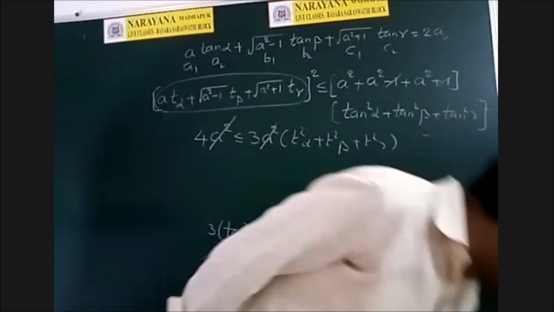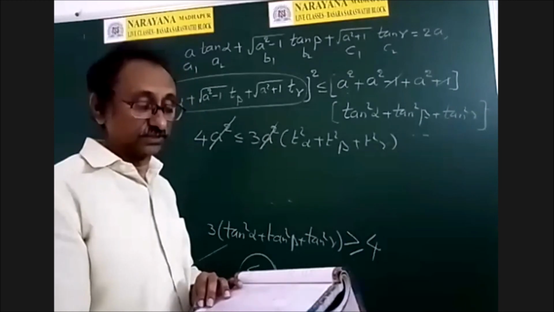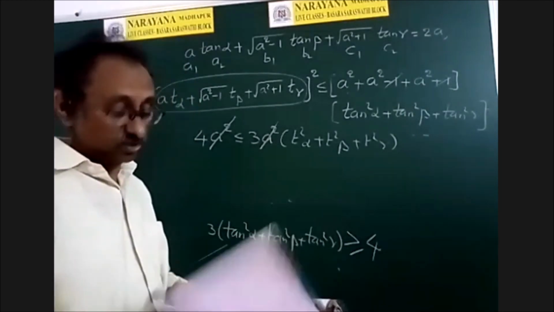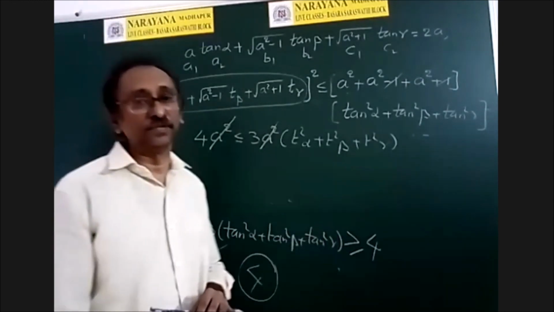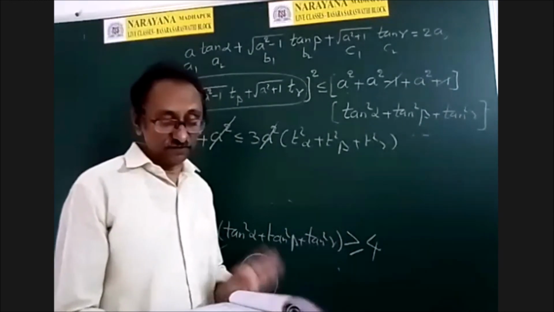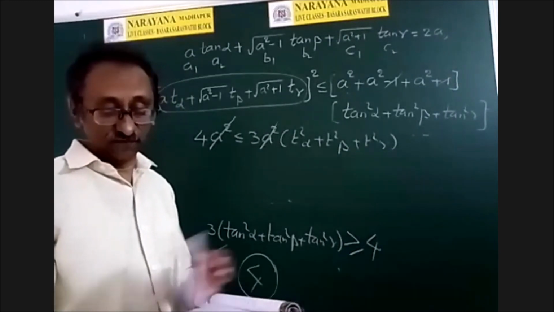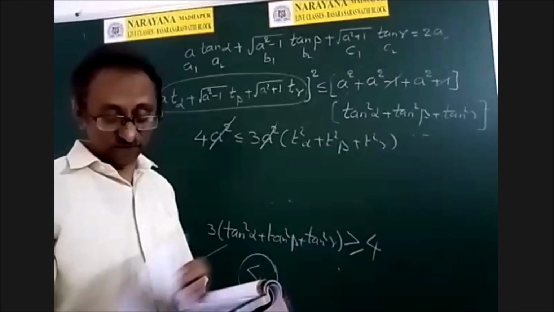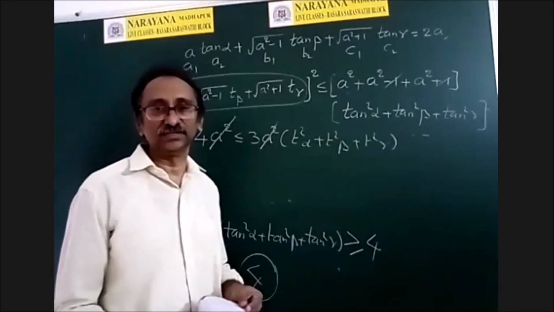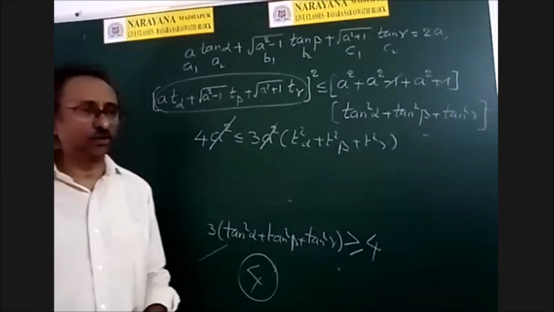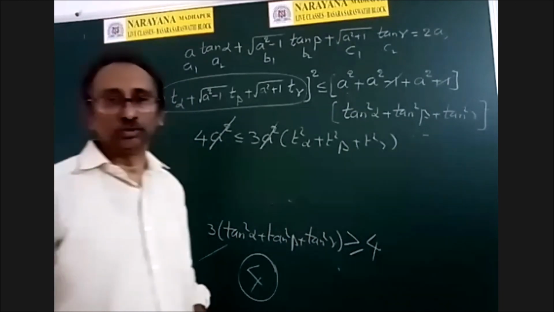You can go through these solved examples from page number 43. How many solved examples are there? There are 20 solved examples. After that, exercise 3 contains 45 questions, and after that exercise 4 contains another 38 questions. We cannot do all of them, but we can do some of them, so you try those problems also.